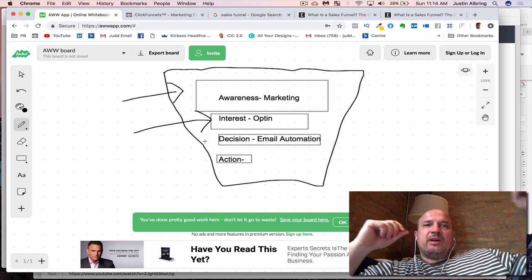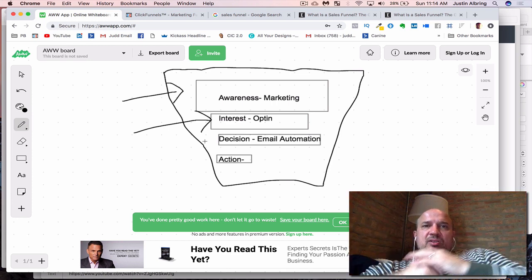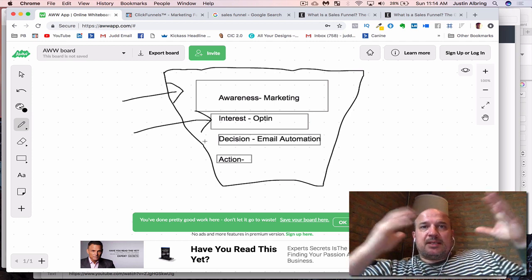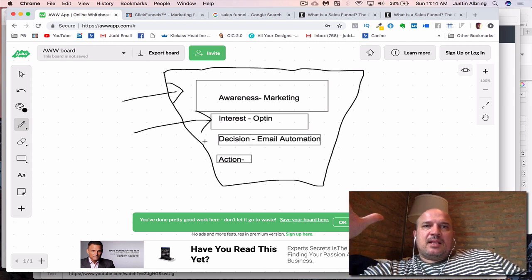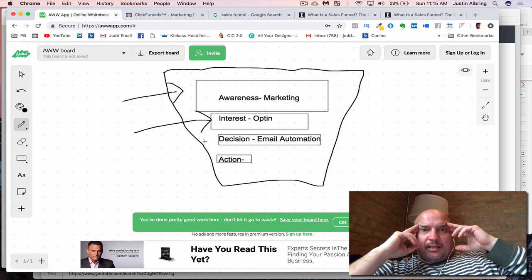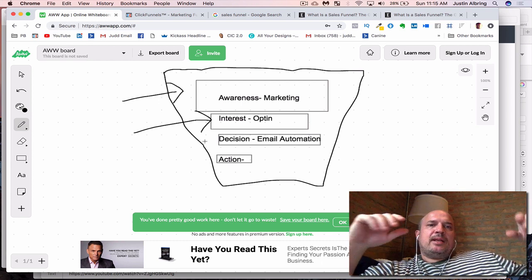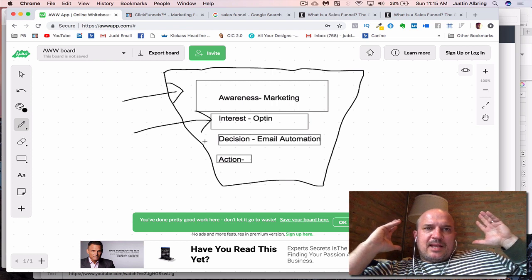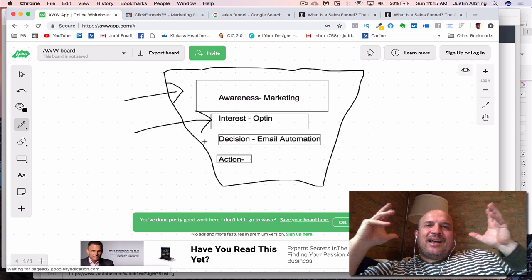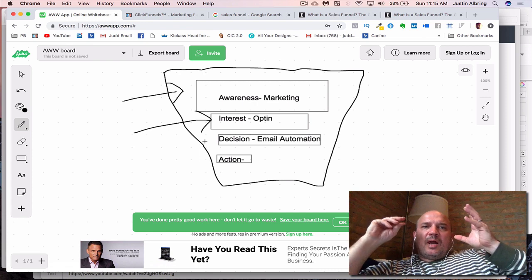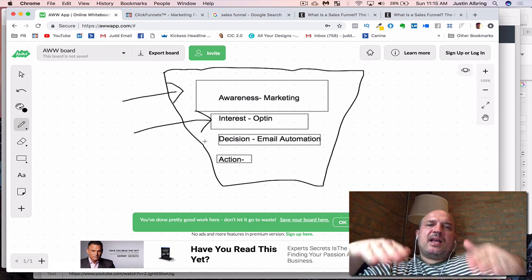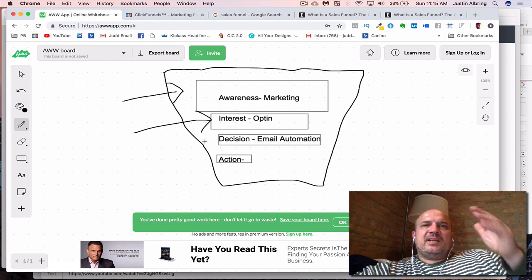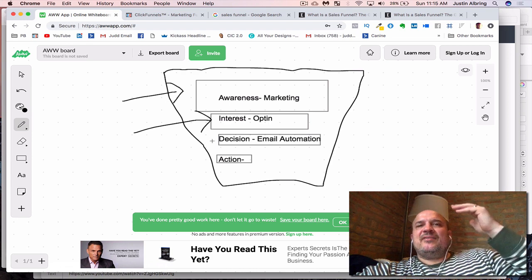They're aware of us, and let's use an example. Typical would be a dentist. So a dentist is advertising online, and they say, half off teeth whitening. Now I'm aware of this dentist in my area. I'm interested in this half off, so I'm going to fill in my information on the opt-in part of the funnel. I'm going to give them my email, my name, and my phone number,